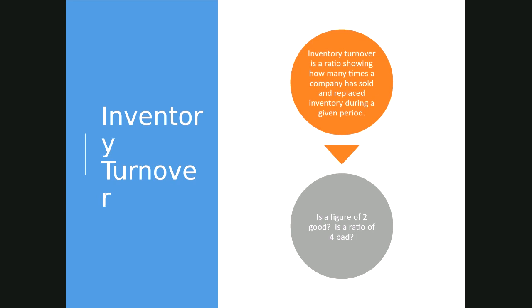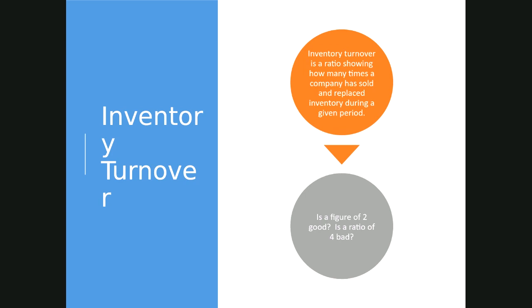Typically I teach it in an accounting class. If not, you run across it in the capstone School of Business course, the strategy courses. But anyway, inventory turnover is a ratio saying how many times a company has sold and replaced their inventory during a given period, a month or a year. And that's how many times they brought inventory in and sold it out. Now, you would obviously think you'd want to sell your inventory more than once per year, but is 2 good? If you sell all the inventory you bought twice, is 4 too much? Or is that better than 2?